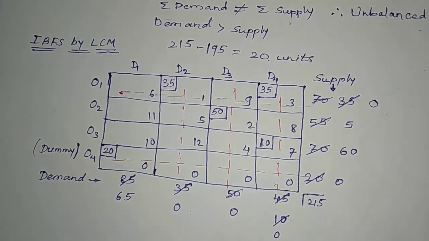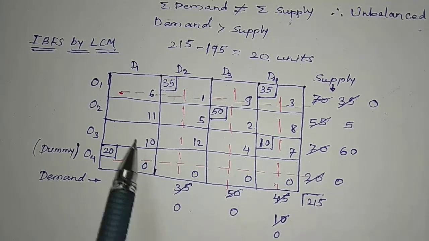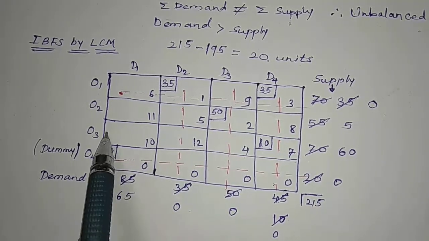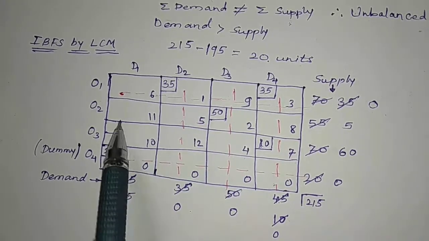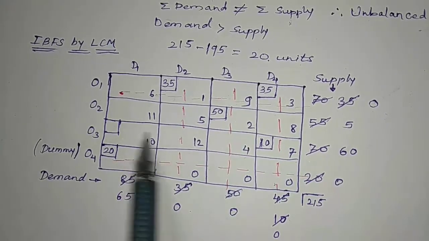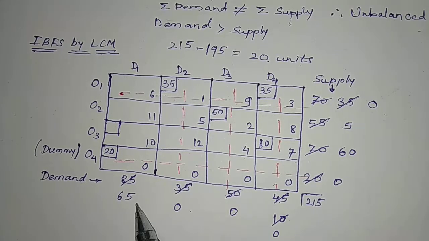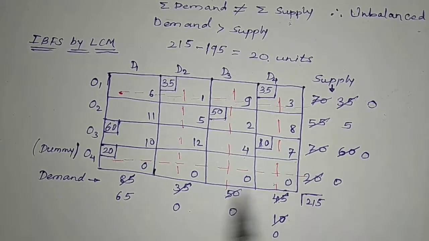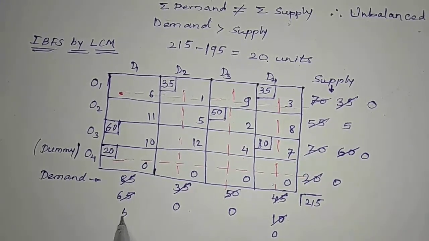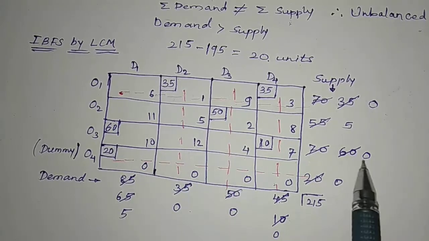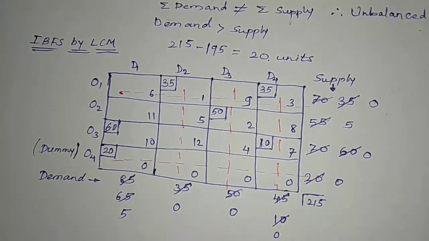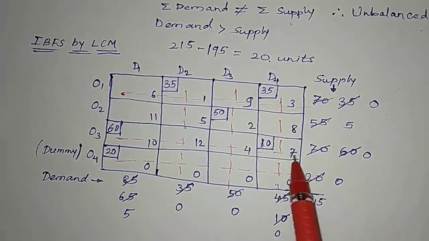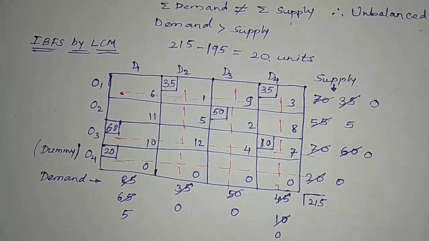So let us neglect this column from further considerations. Now observe, in the remaining cells there are only 2 cells remaining, and which is the least or lowest, 10. So allocate first some quantity here. Now look there, what is demand, what is supply. Here supply is less, so allocate that quantity here, 60. So 60 minus 60 is 0, 65 minus 60, it becomes 5. So now look who has become 0. The supplying capacity of O3, origin 3, has become 0. Let us neglect this row from further calculations.